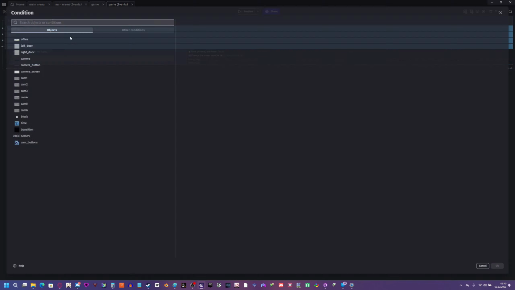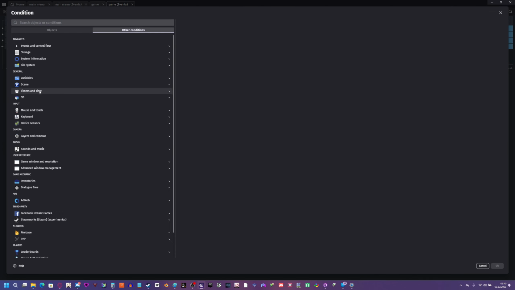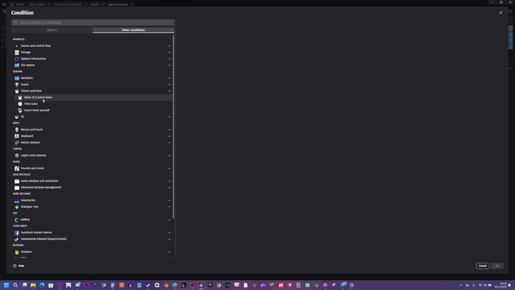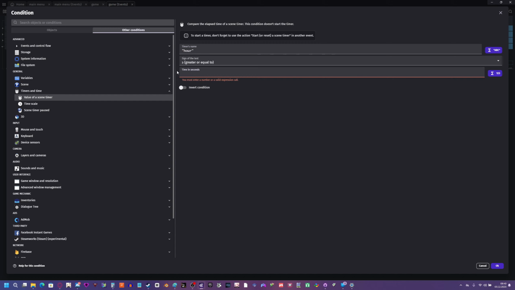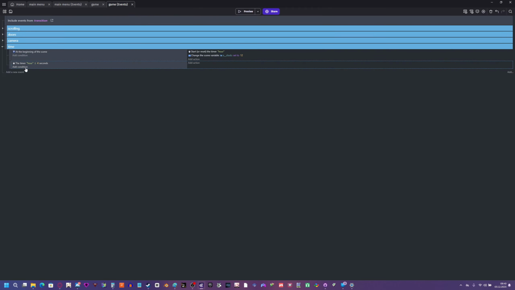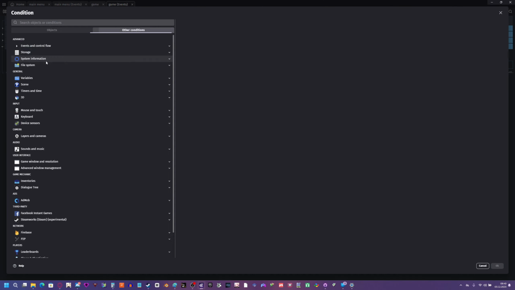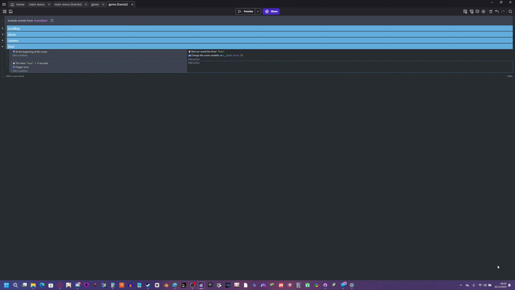We're going to add a condition, other conditions, timers and time, value of a scene timer. If the hour is, right now it's just for testing, I'm going to select 4 seconds. If the time is greater than 4 seconds, I'm going to add condition, other conditions, events and control flow, trigger once while true,